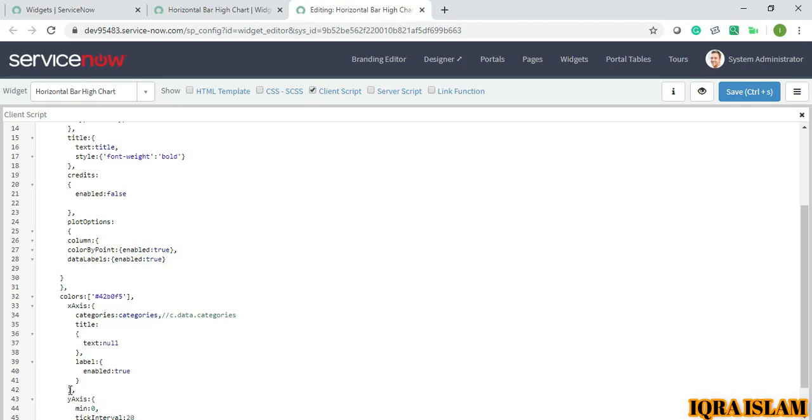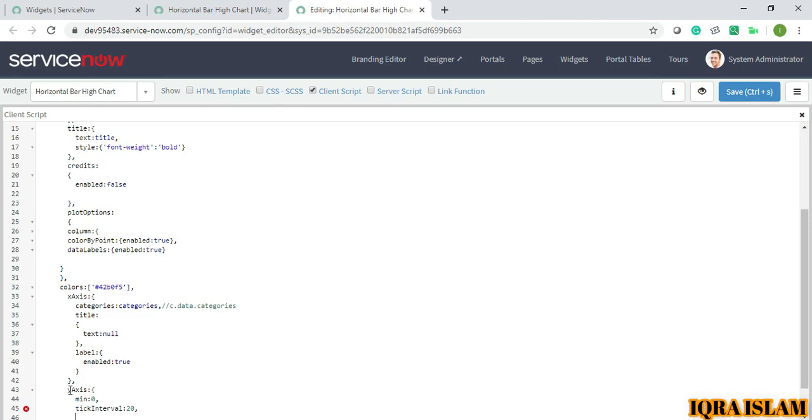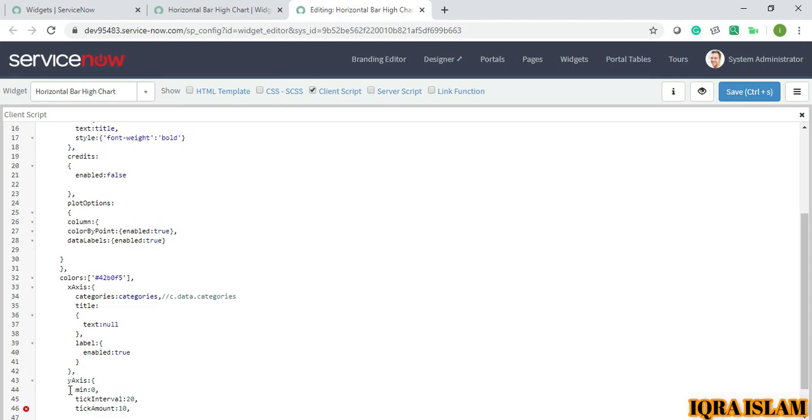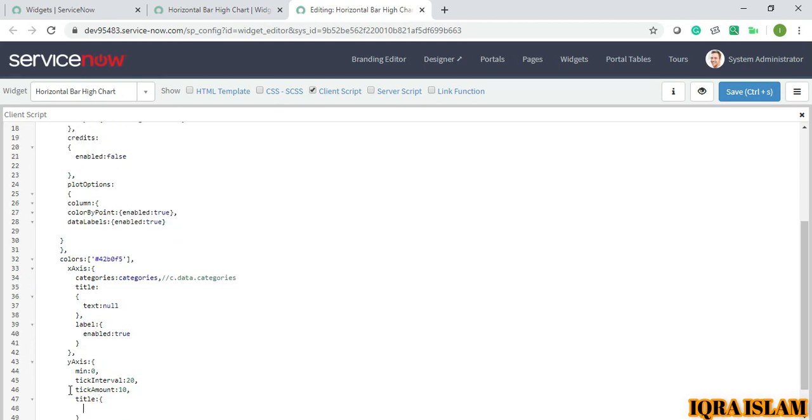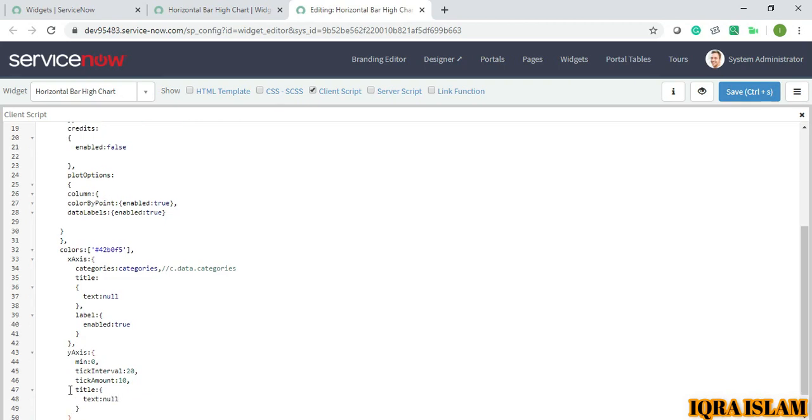You can make it 10, it's up to you totally. Tick amount will be 10. Next comes your title, and in here also I will give null. If you want, you can add, and it's the end of y-axis as well.